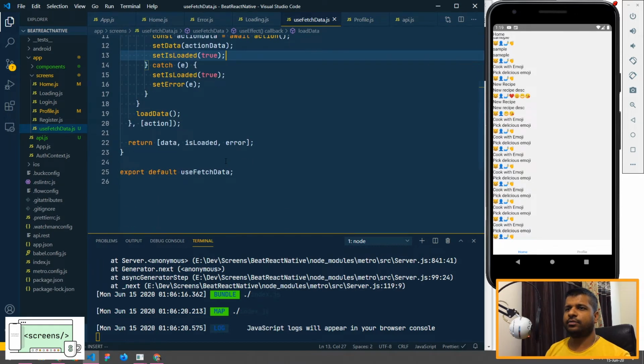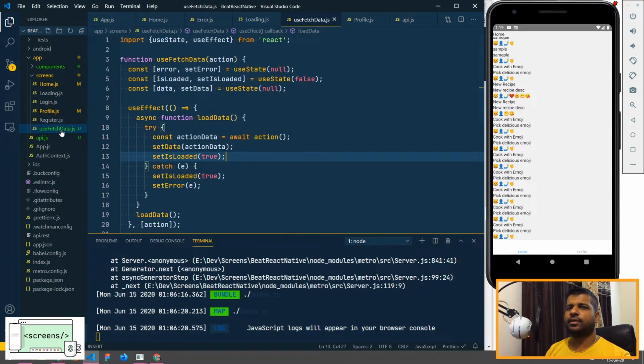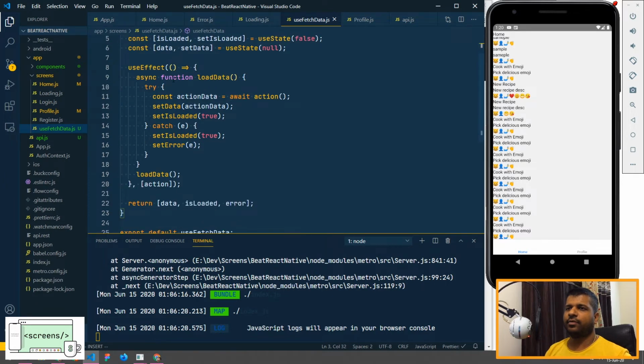So we now have our use fetch data custom hook. Basically this will take an action. So action will be basically an API call which we need to make, and we'll have three states here: error, is loading, and data. And we'll call the function load data, and load data will await the action.